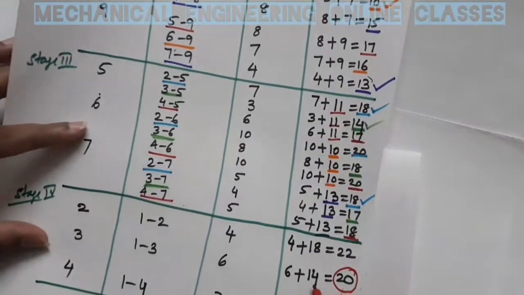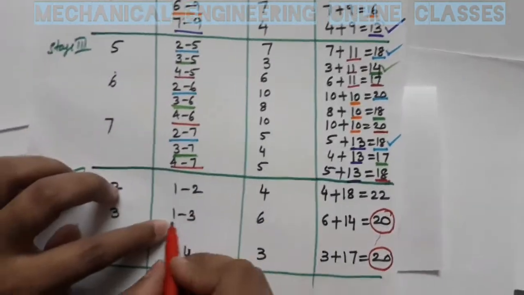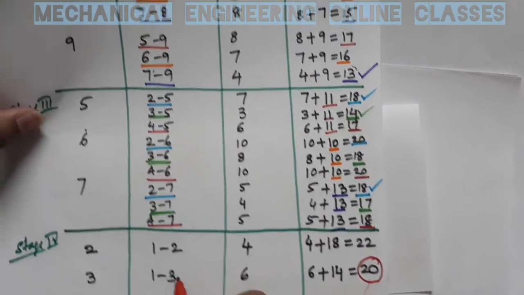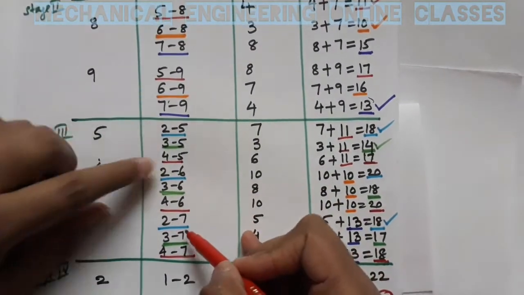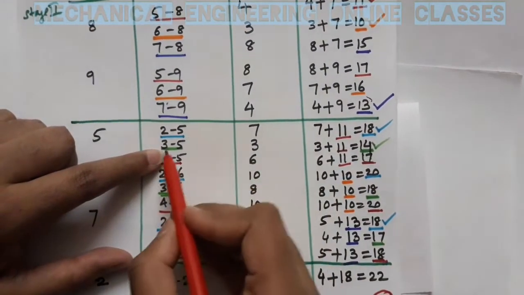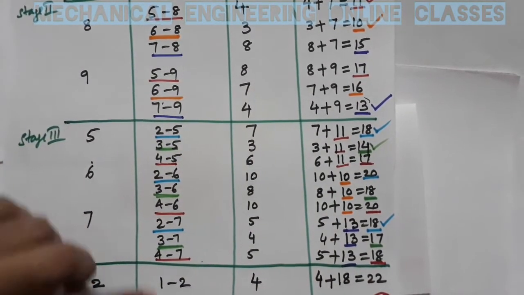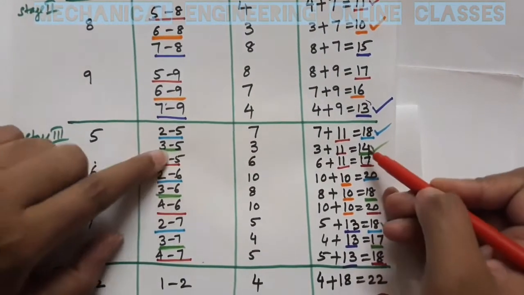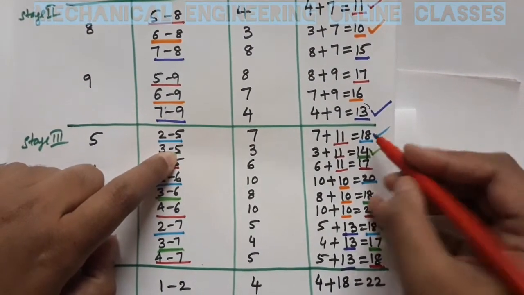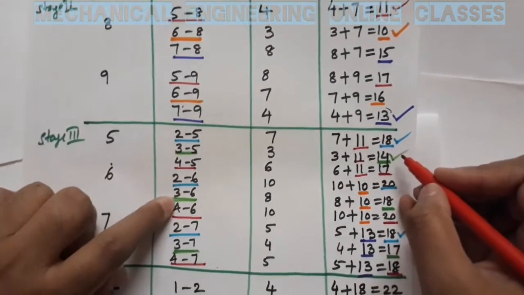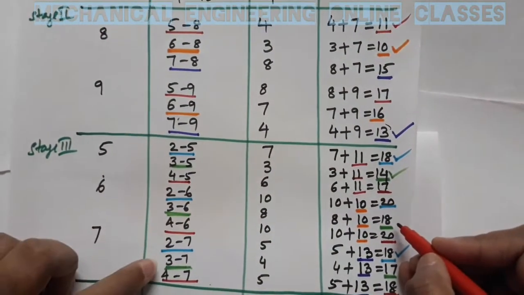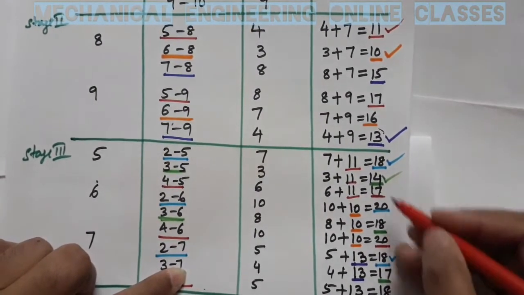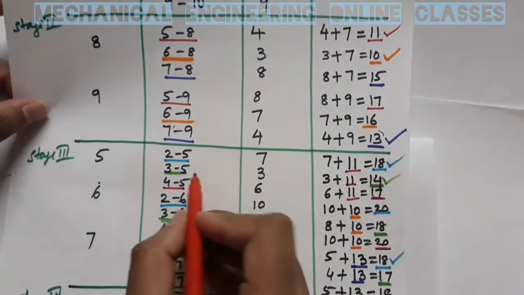Then how did we get this 14 and 17? If I am choosing 1 to 3, so from 1 to 3 I have gone, after which from 3 I should go to 5 or 6 or 7. I will be choosing the minimum total distance, right? So if I am at 1 to 3 and I have to choose 5 or 6 or 7, I have to check with these minimums. If I am choosing to go to 5 from 3, I have total distance of 14. If from 3 I am going to 6, the total distance is 18. If from 3 I am going to 7, the total distance is 17. So out of 14, 18 and 17, 14 is minimum. So after 3, I will go to 5.